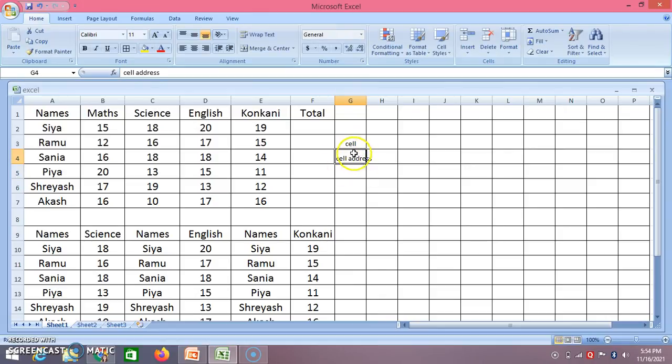So what will be the cell address of this particular cell that I have selected now? First take the column, that is G, and see the row, 4. So the cell address of this particular cell will be capital G and row 4. G4 will be the cell address of this cell.